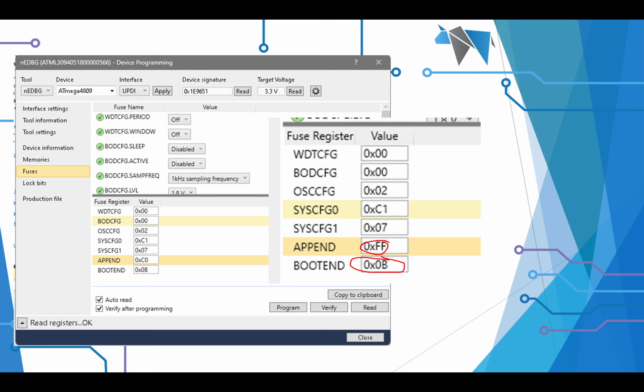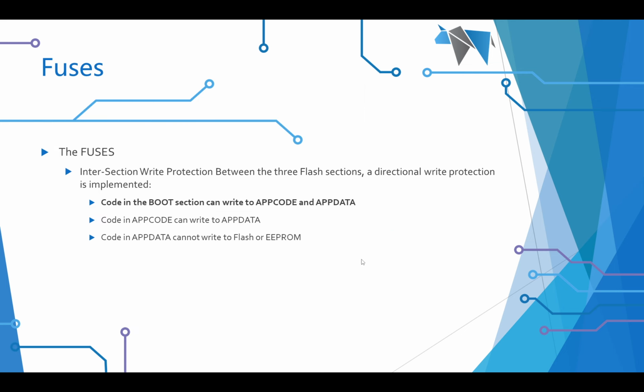Then you might want to set your append to your boot end to FE and just leave yourself 128 bytes at the top of memory. I don't know, it's down to you what you do, but you must set the append and boot end. These are set to 0. You won't get any write. I'll explain why. Why? Because the intersection write protection between these areas of boot, app code, and app data is